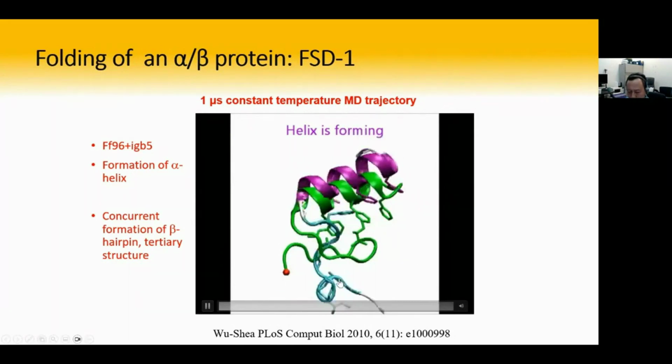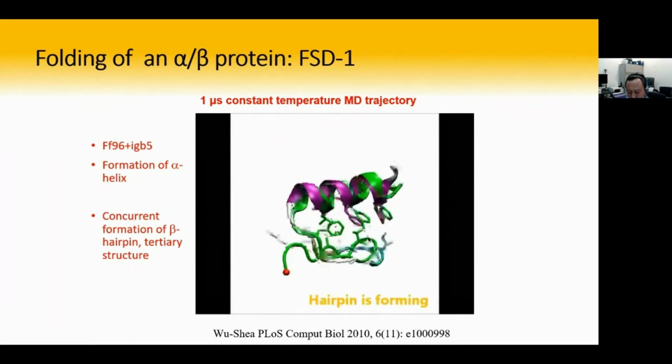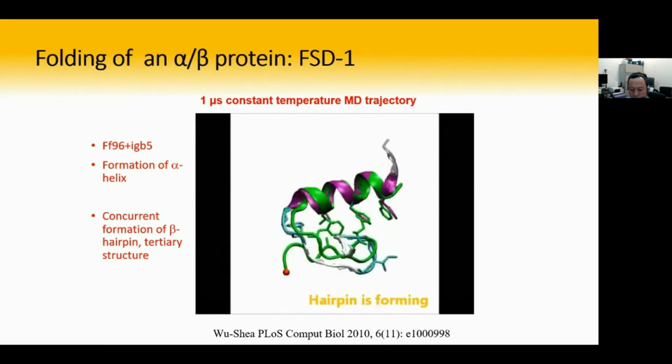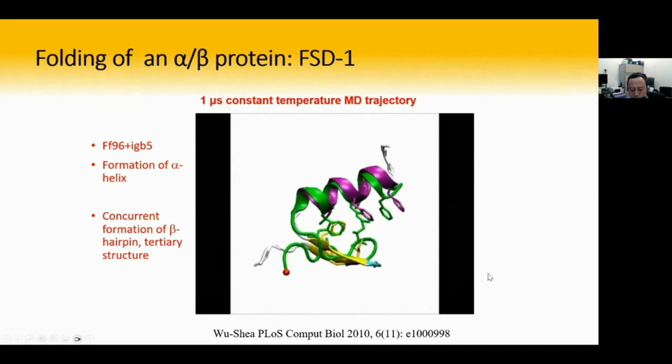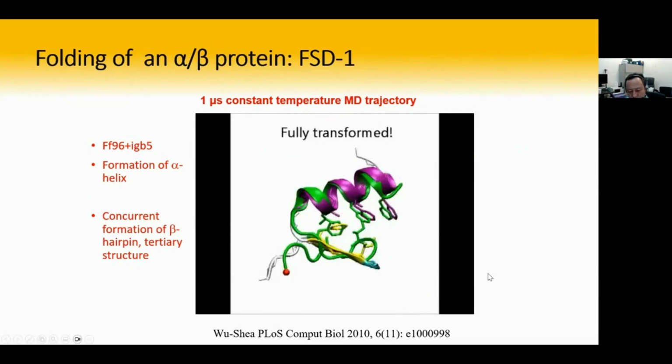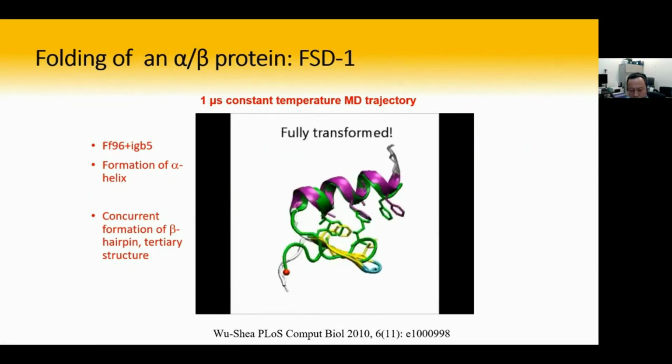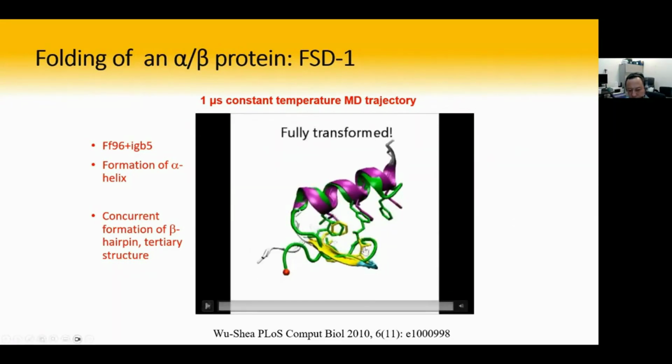So it takes a little bit longer for it to search to the native structure. Now it folds into the correct structure, and then you see the hydrophobic core packing inside stabilize the